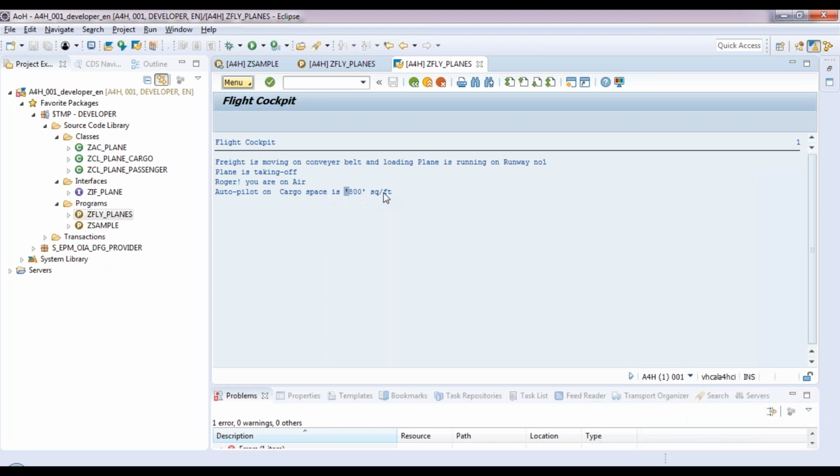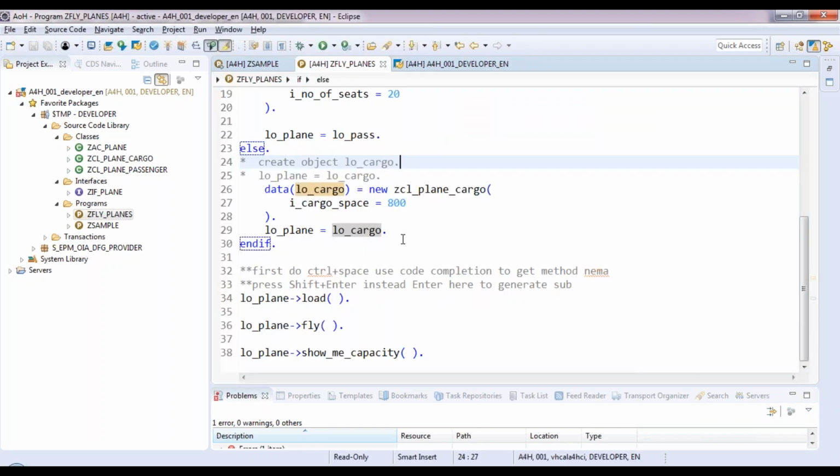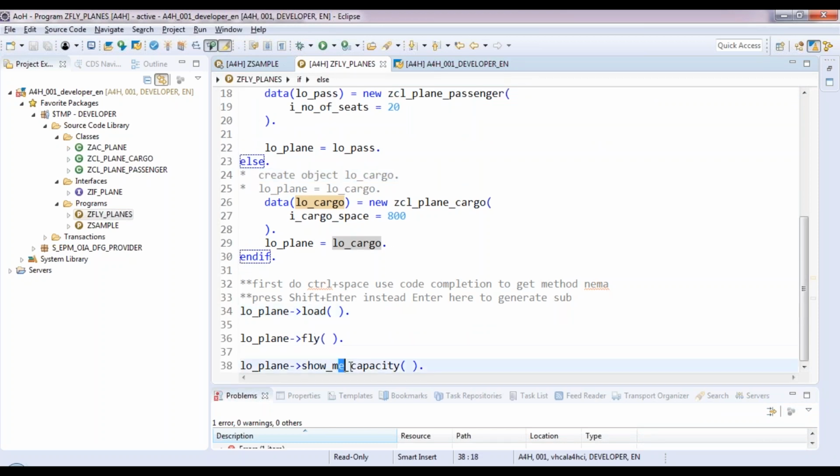Cargo space is 800 square feet. Based on the plane type, you will see it will automatically go to the right implementation because we have polymorphism for all these methods. A common functionality is anyways implemented in the base class. That's how you design software in the right way, by keeping in mind that you are extensible for future purposes. Now if there is a third type of plane, let's say a private aircraft type of plane comes,